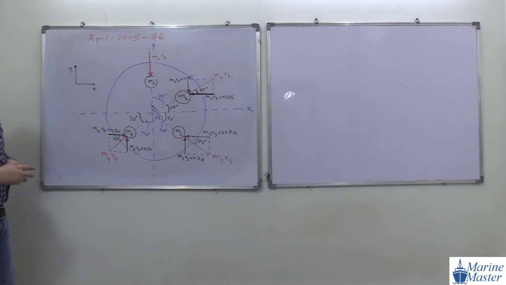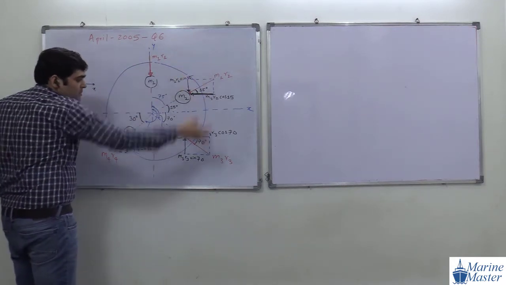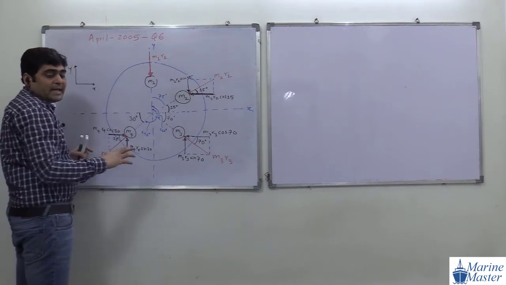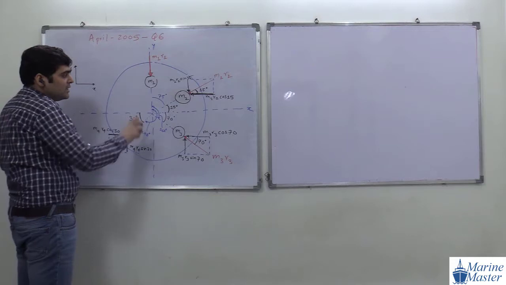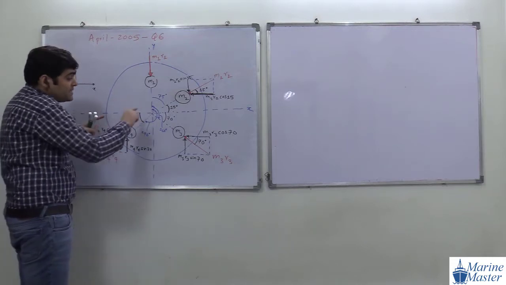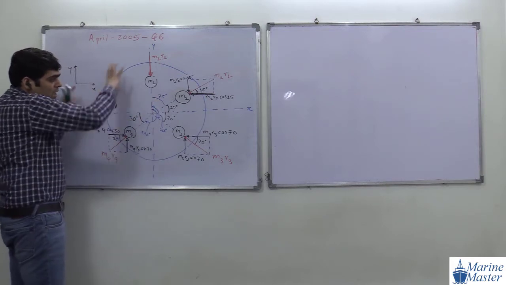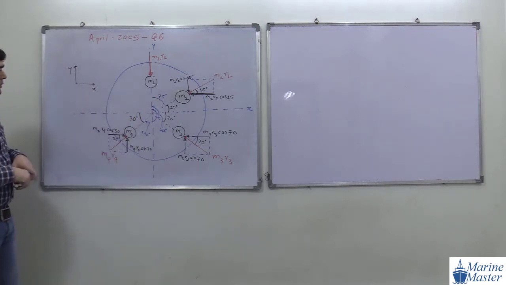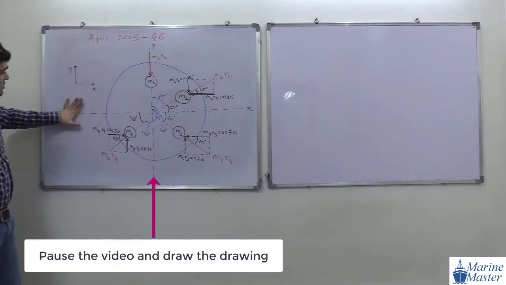This is a little bit complicated drawing, but you have to draw. Try to draw the bigger circle. Take half or 75% of your page. Then you can easily represent drawings, and you will not get any problem with representing drawings. So try to draw the bigger circle. First of all, draw this drawing. Then we will discuss the question further.